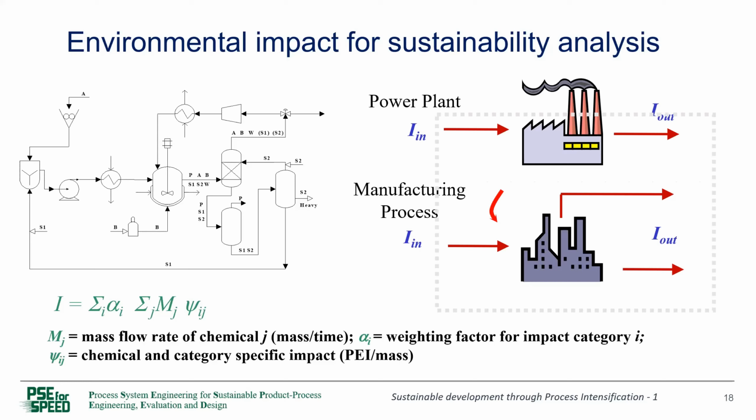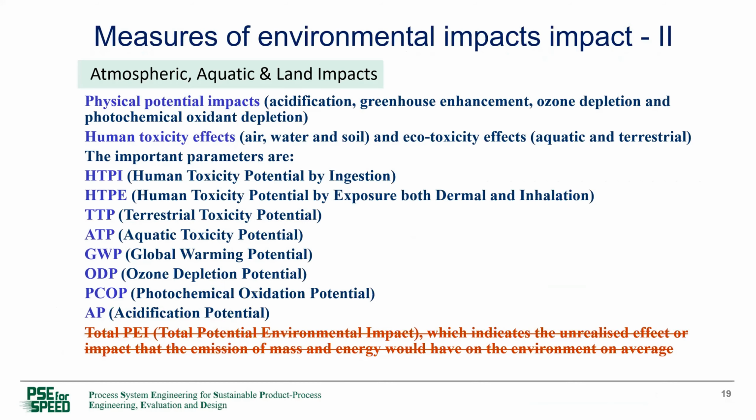And then the environmental impacts we will calculate. The top 3 are related to toxicity. The top 4, then global warming, ozone depletion, photochemical potential, acidification potential. At this moment, we can calculate about 29 different properties, but we have not included all of them in the software and